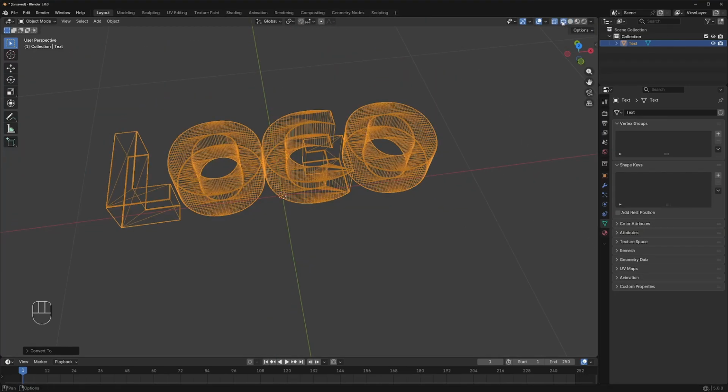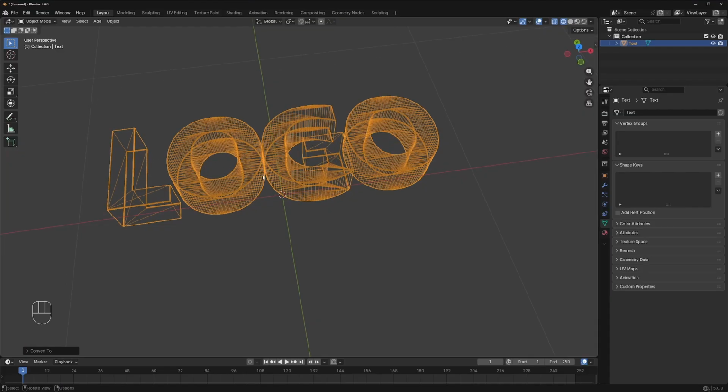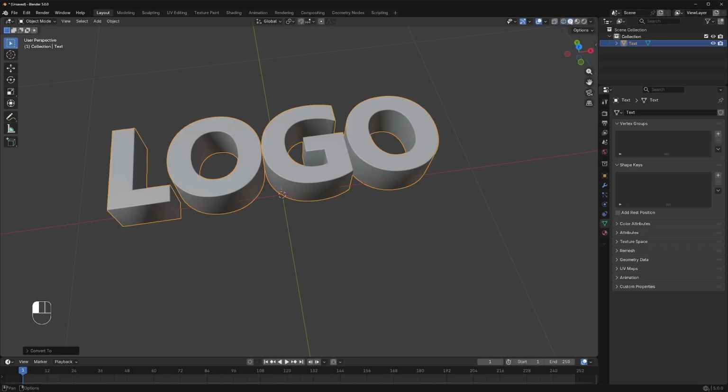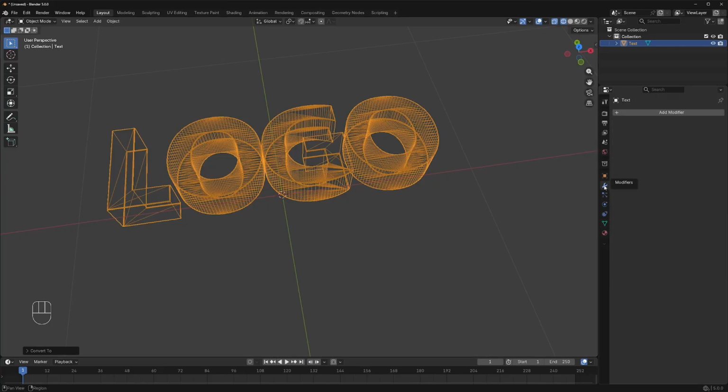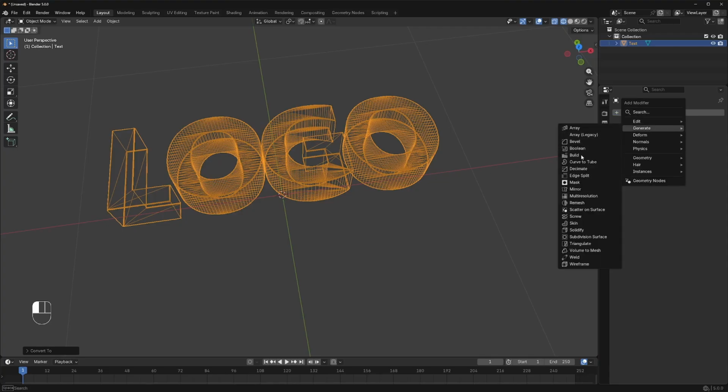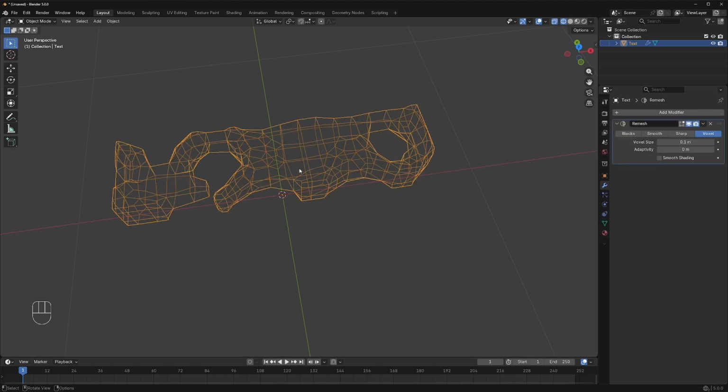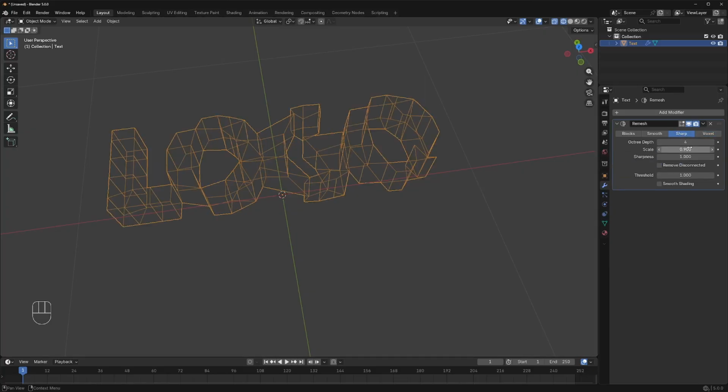Now as you can see here, the geometry is not perfect. So by the way, I go here in wireframe viewport. If I go back here, we are in solid view. So let's leave it in wireframe and we add a modifier to fix this. Here in modifier, add modifier, go in generate and select remesh. Don't worry if you see the text like this, we will make it better now. Select sharp and disable this and now